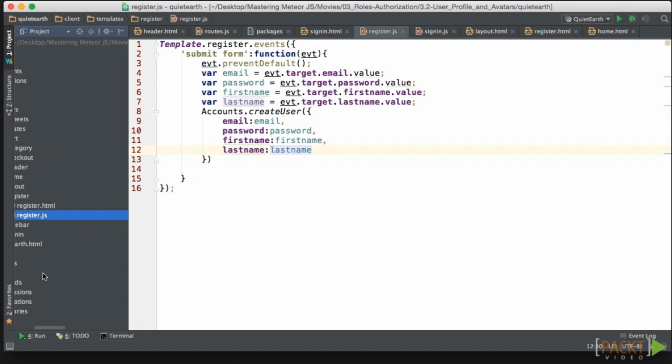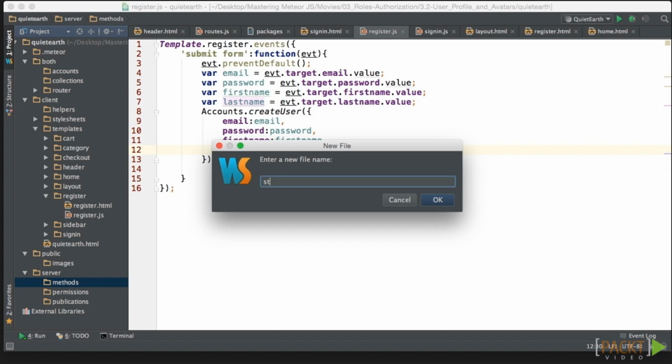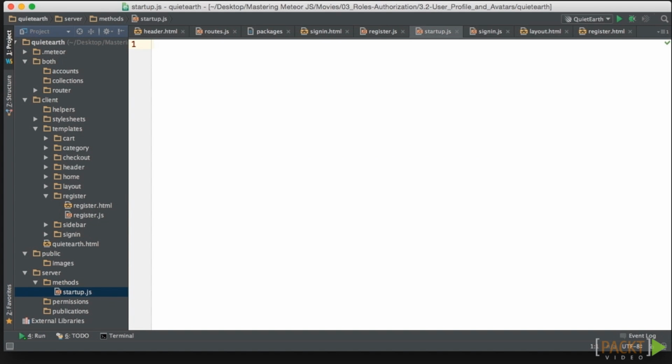We're also going to create a file on the server, and we're going to call that startup.js. So that will run when we start the application. Notice the accounts utility methods that are available. We're going to hijack the onCreateUser function. So within that startup.js and inside of the startup function, we're going to create an Accounts.onCreateUser function, and inside of that callback, which passes in some options and the user, we're going to first check